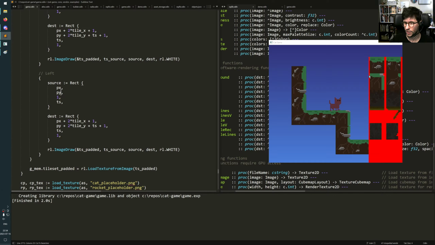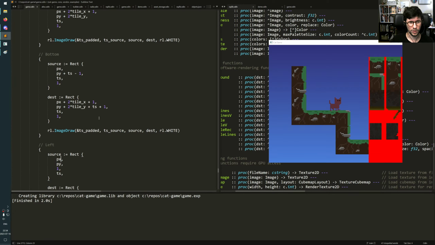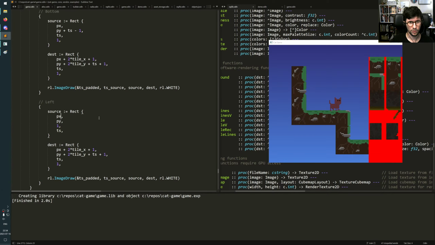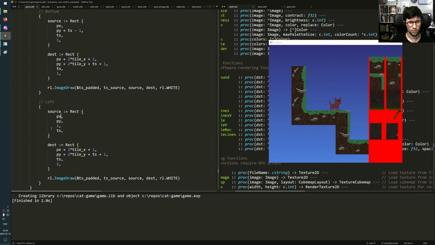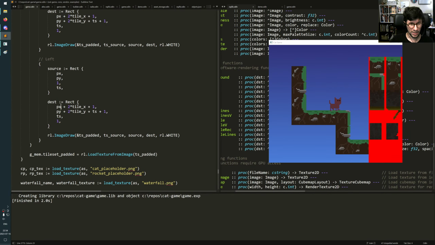Like each tile starts here, this tile starts here, this tile starts here. And we want to take the source from, yeah, I think that's correct for the left side here, because it needs to be up in this corner, and then you just take something that's as high as the tile. For the destination,